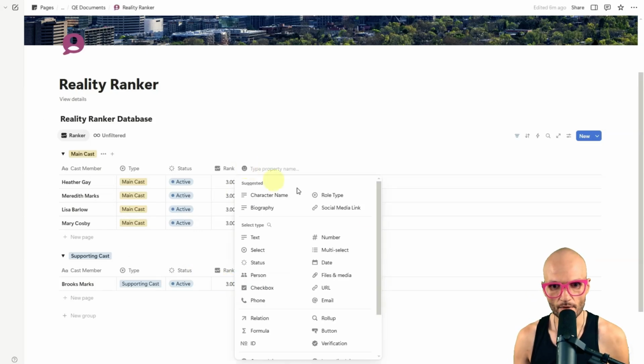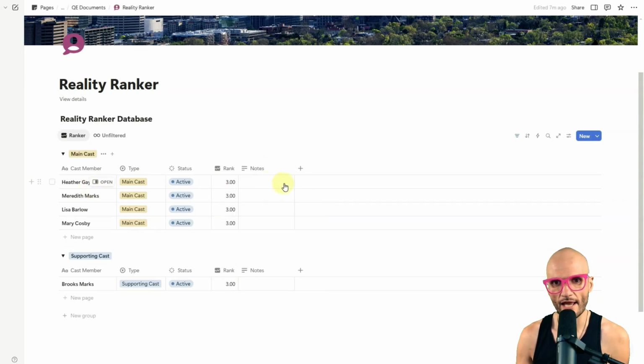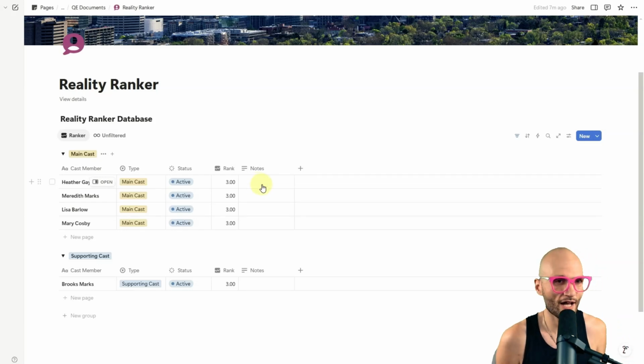Okay, and then the next thing we want is a text property, and we want this for notes. As I make changes to this, we're going to enter why we're changing the ranking, so that way we have a running history of all of those changes and can go back and review them on your own or with people,